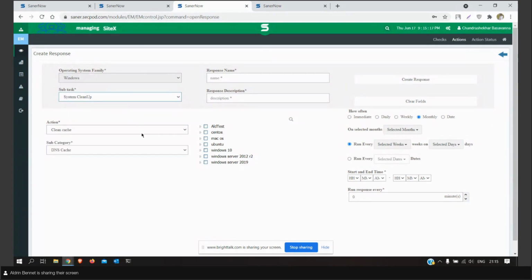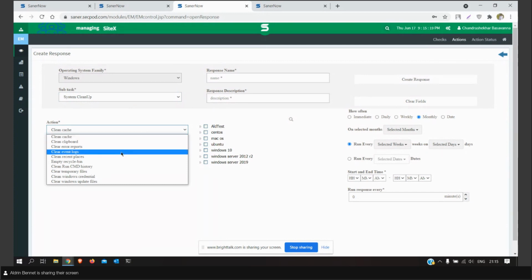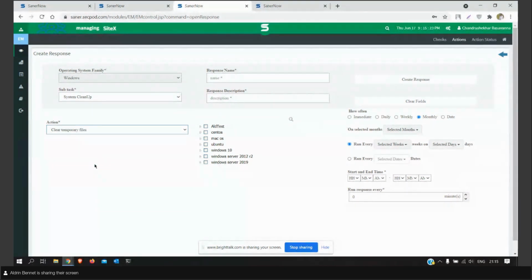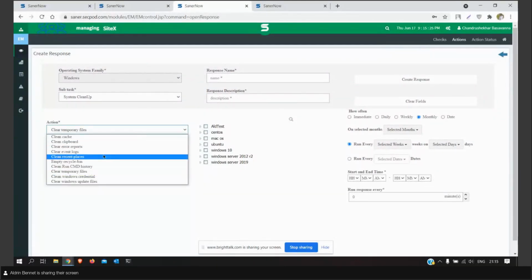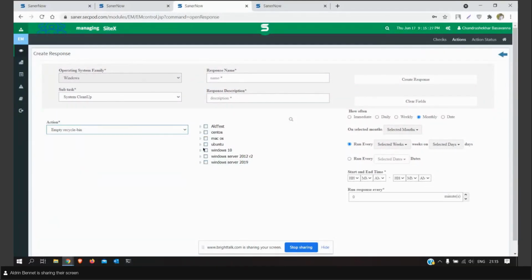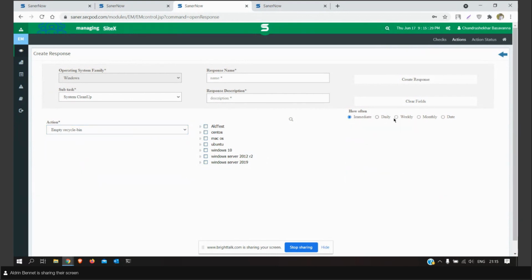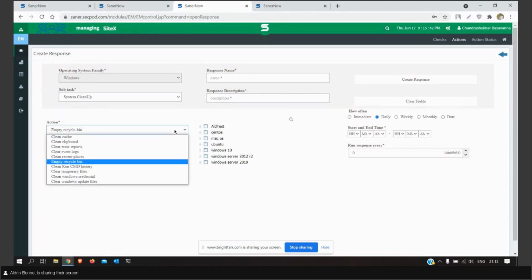Here we also have another bunch of options from clearing cache to emptying the recycle bin to clearing temp files. You have all these options over here. And again, you can just select the option and you can just select the specific device and group and you can go ahead and deploy it to the endpoints. And if you want this to happen on a weekly basis, you can just select how many times it should happen in a week. If you want this to happen on a daily basis, you can even do that. So regularly the tune-up happens and the system doesn't go slow again.